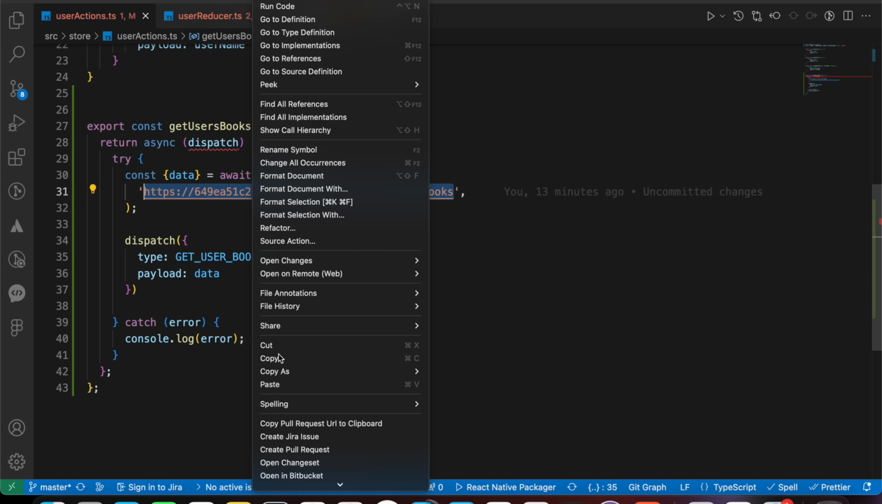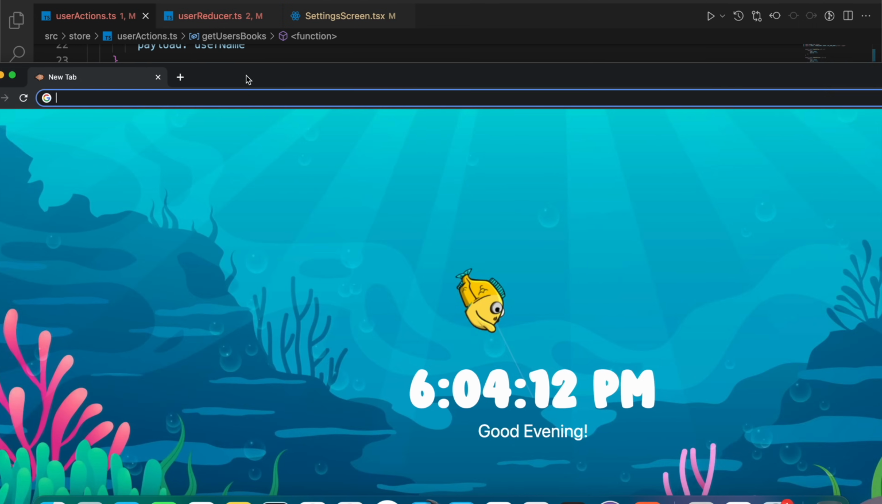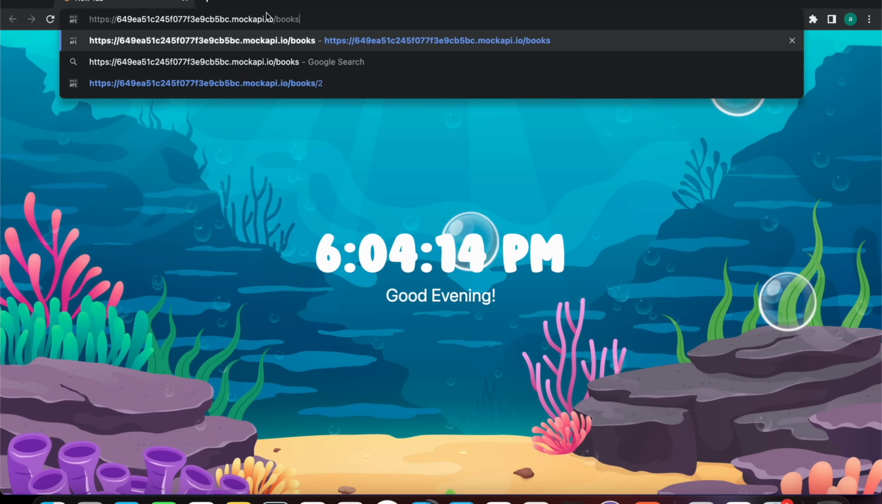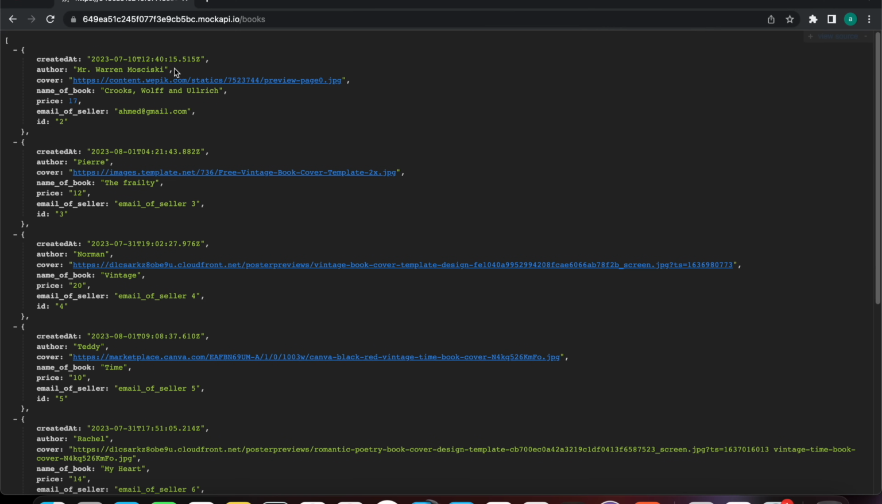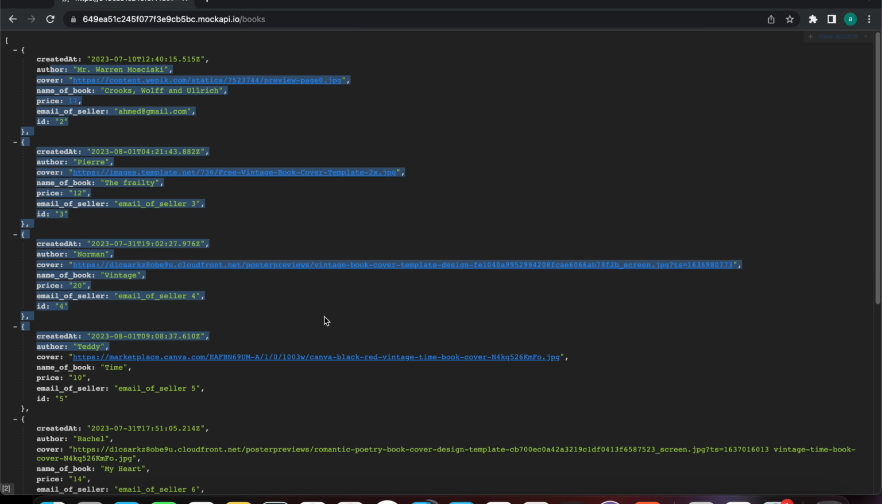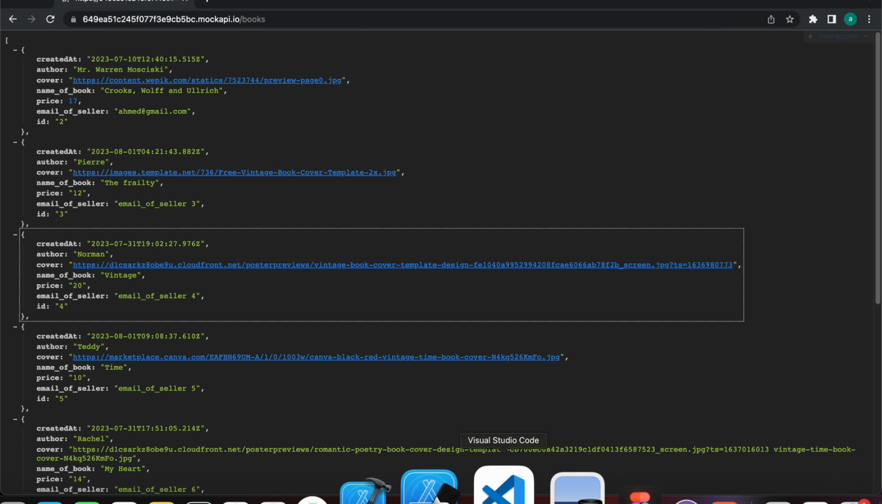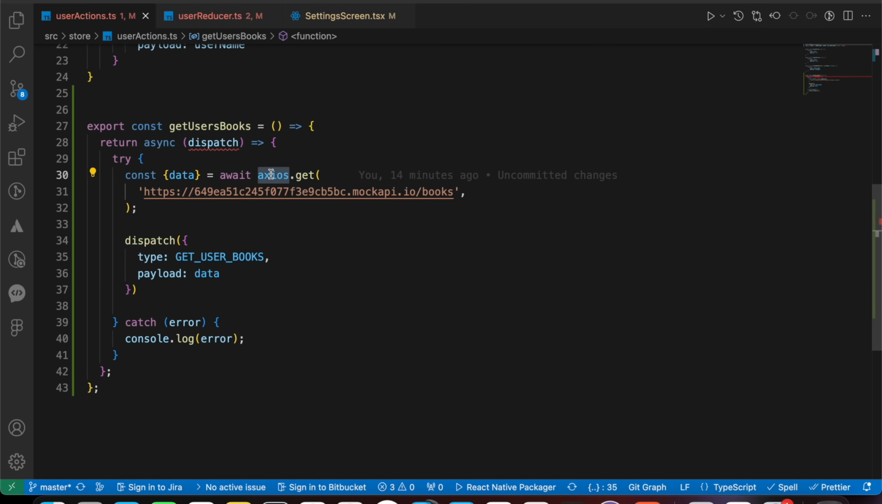If we copy that endpoint and open our browser, and just paste it and go, it's not an unprotected endpoint, so we can get the data. Okay, those data are box data. That's an API and we want to fetch it. We're just using an Axios library with the get method to get the data from that API. And when we get that data, we pass this data as a payload here and dispatch an action called get